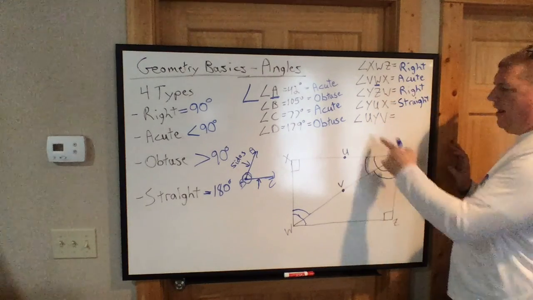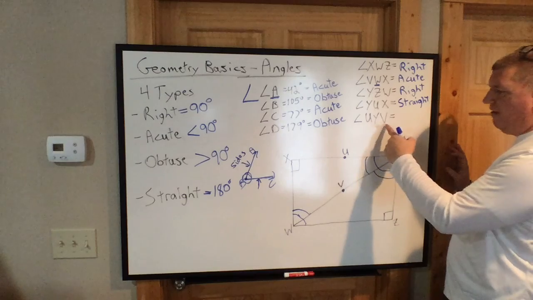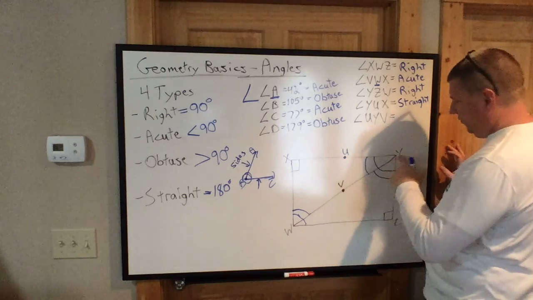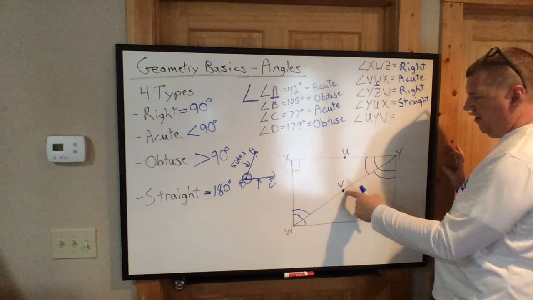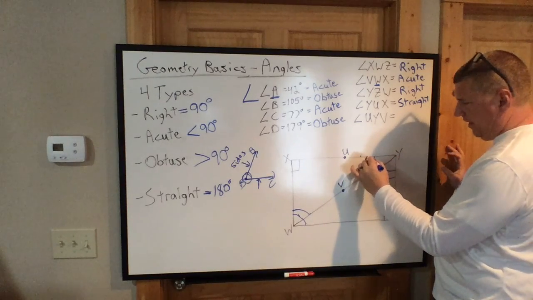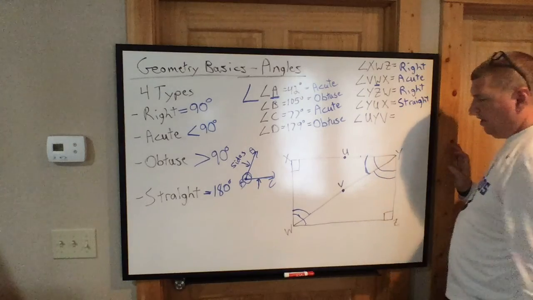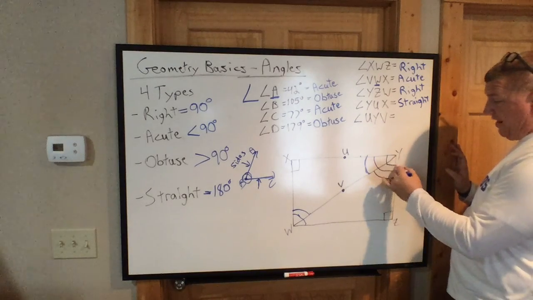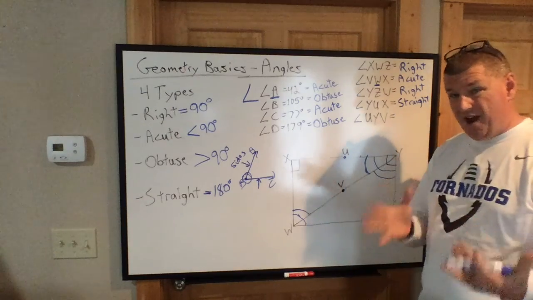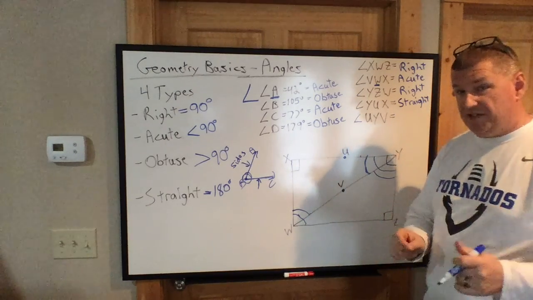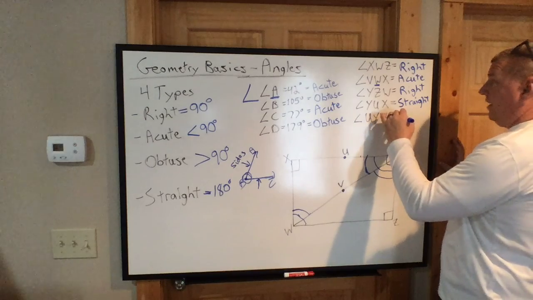All right. And our last one, UYV. U to Y to V. So we're not going all the way to W. It's U, Y, V. So that's this angle right here that we're mentioning. All right. So again, this is a full 90-degree angle right there. This is only part of it. So that means it has to be less than 90 degrees. So if it's less than 90 degrees, it has to be an acute